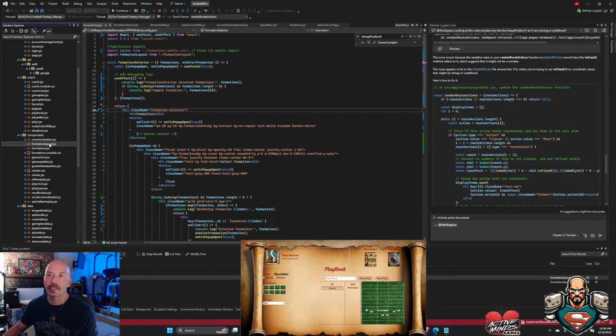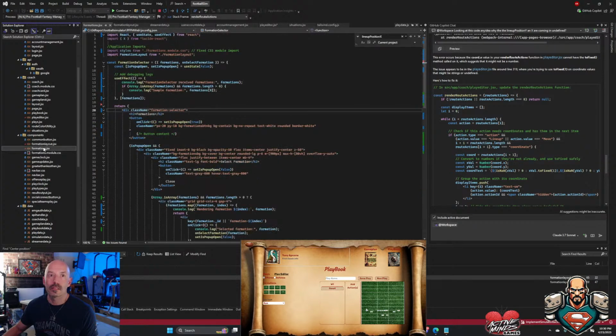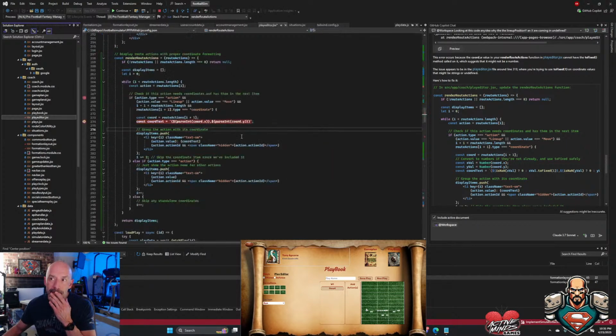For formation layout. Yeah, parseInt. Okay. So where was I? Play editor. This might not work simply because I'm changing it on the fly, but